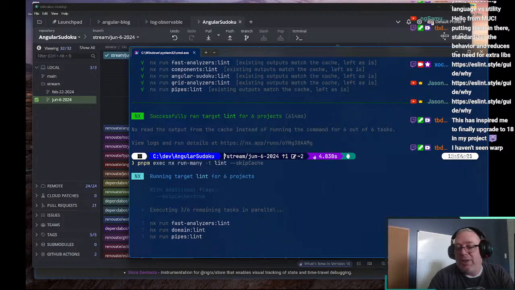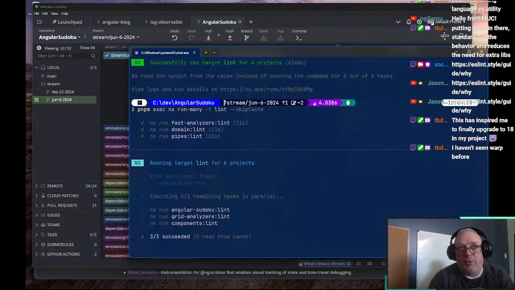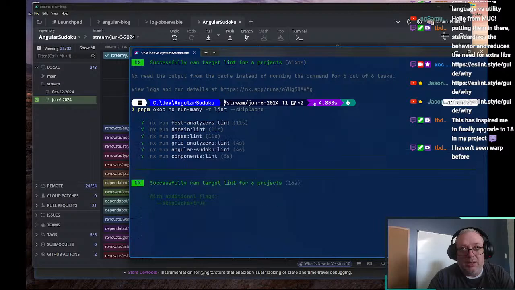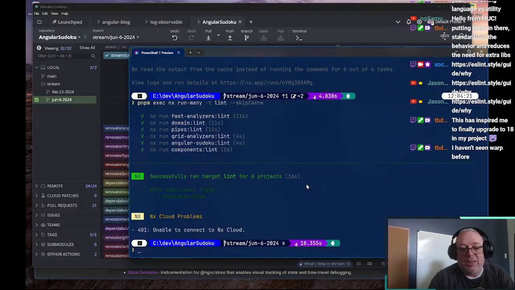You haven't seen Warp before? Yeah, I was introduced to Warp by a friend of mine who works at NX, and he did a lot of work with Warp for NX. And so at ngconf we were talking, and I decided to just go put it on my Mac for work, and wow, it's amazing. And it's still a pre-release terminal, which is crazy. And I wish I could show it to you on my work machine, but there's stuff on there that I definitely can't put on stream. So